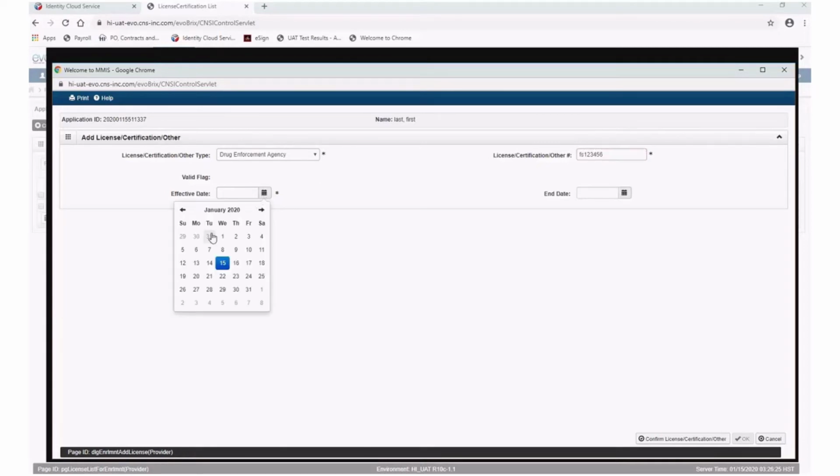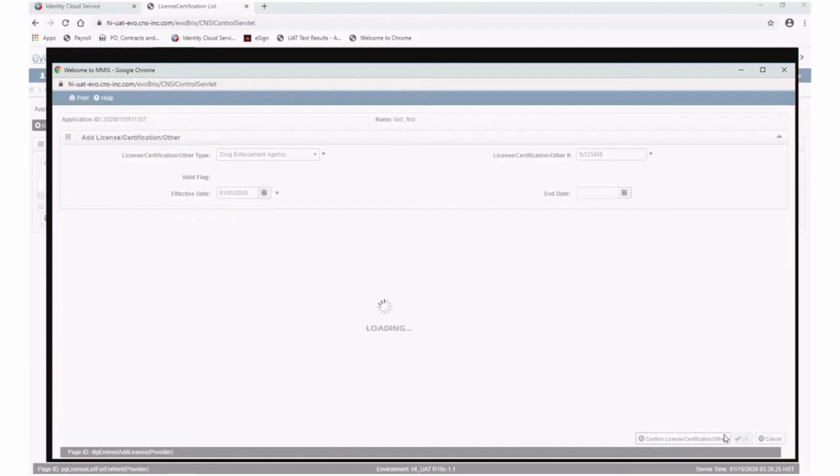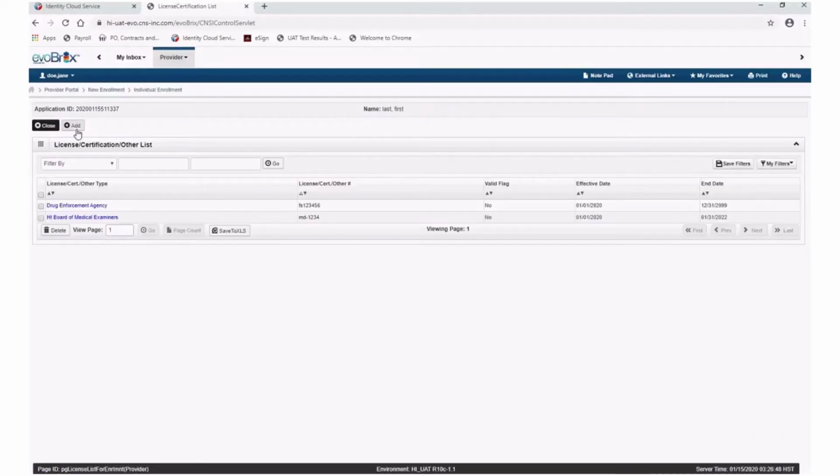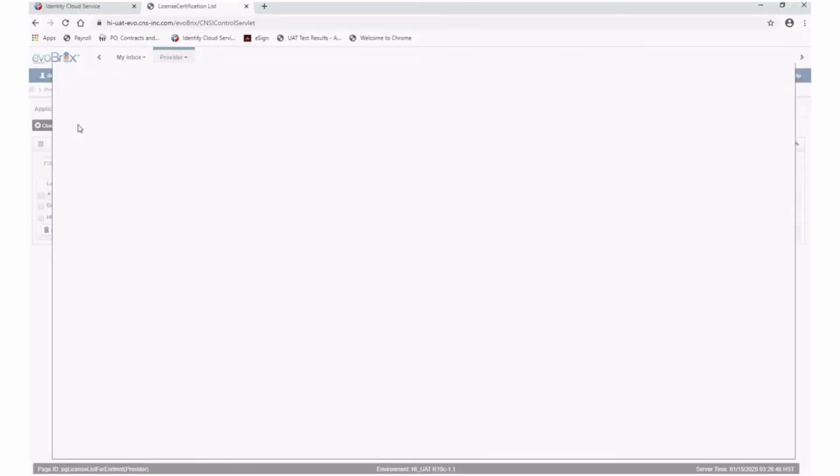Click the calendar icon and select the effective date of your DEA license. Then select the calendar icon to select when your license expires. Click OK. Click Add. If you are a physician and have a DEA license, you will also need your Narcotics Enforcement Division